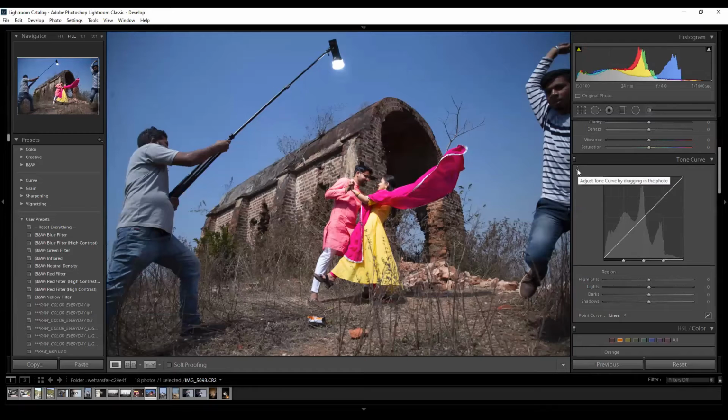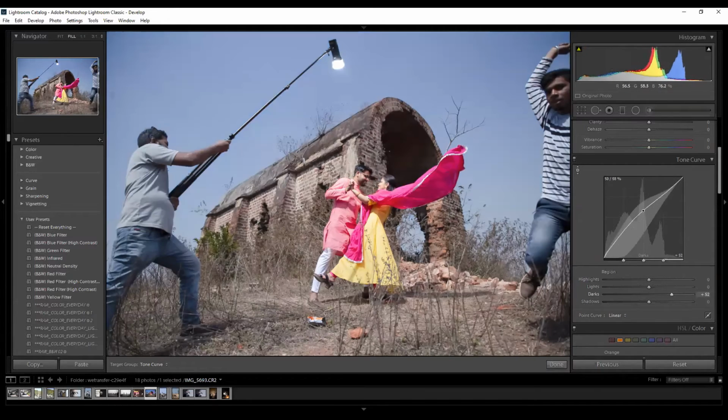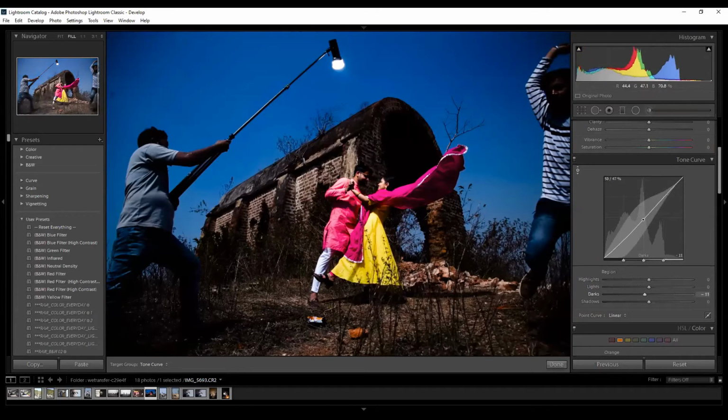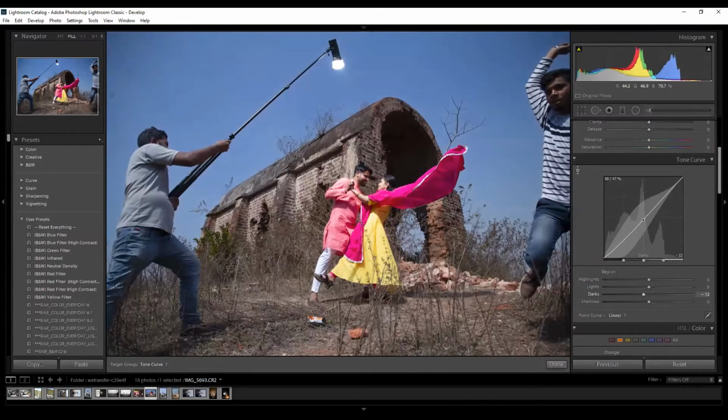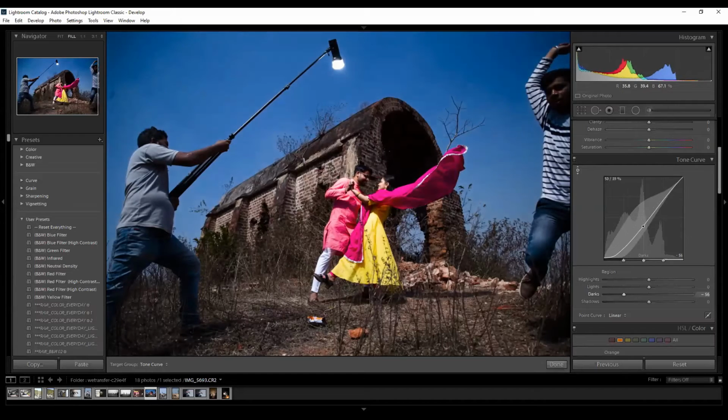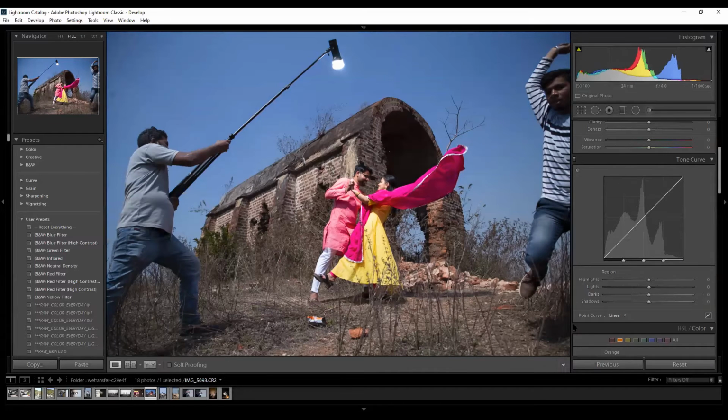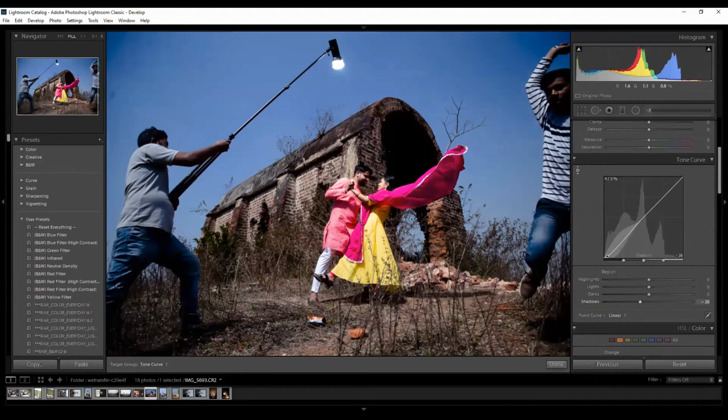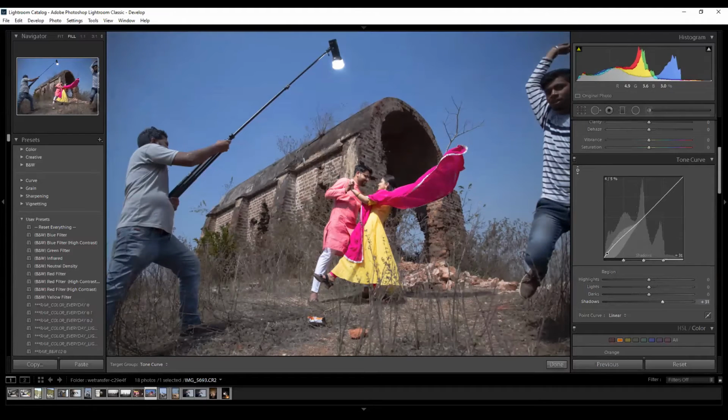Now this button over there, if you click it, you can pick a point in the image and try to adjust it without touching the curves. You can see it works straight away with the given points. Now if I want to work with the blacks only, the shadow portion of my images is getting enhanced because I have picked the shadow point. Now if I go with a darker point with this same image, suppose I go for a darker point, now it will try to